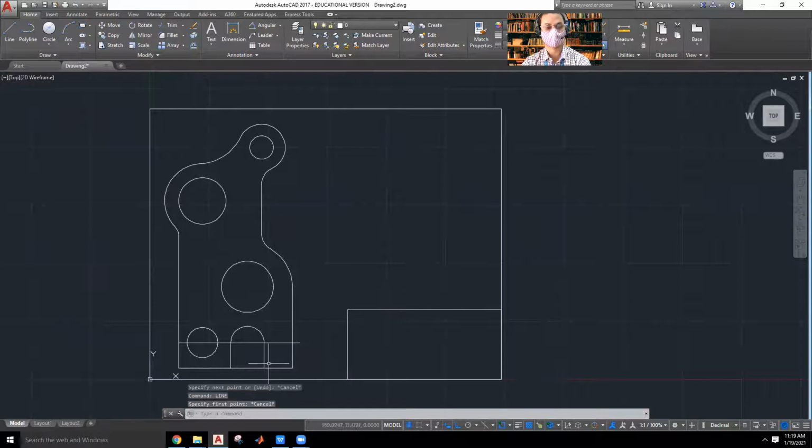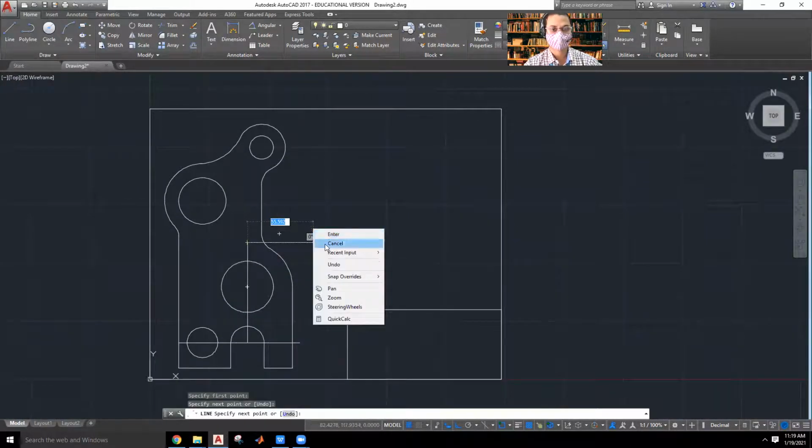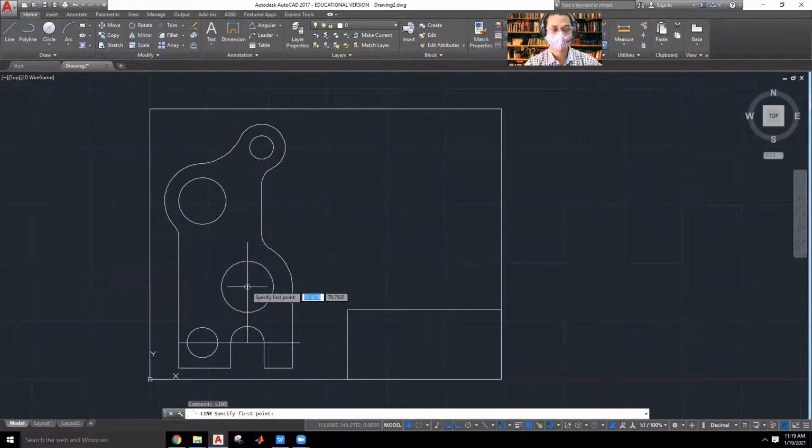Okay, so I will be deleting this line. TR, enter, enter. So I'll be drawing a line from here to here. Right click cancel, right click repeat line.